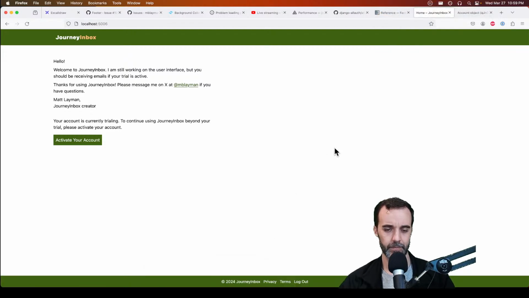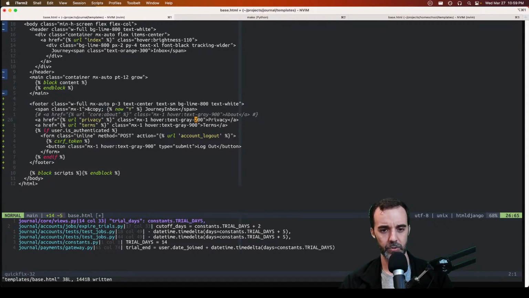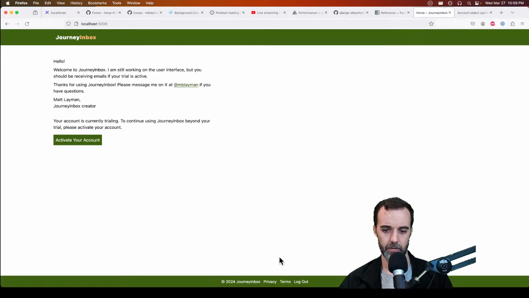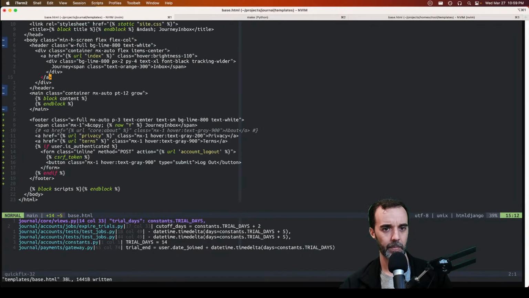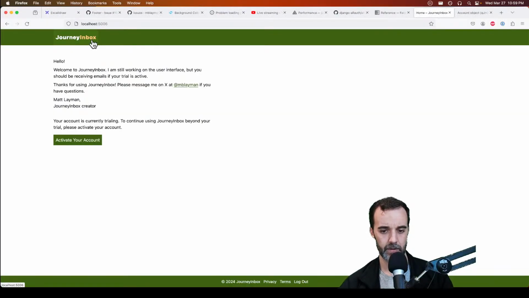Not very noticeable. 200. That's not what I want to do. I want to increase the brightness around behind it, like I did with the header. So hover brightness 110. Hover brightness 110. Problem may be that it